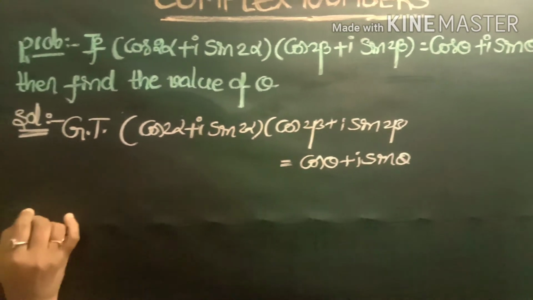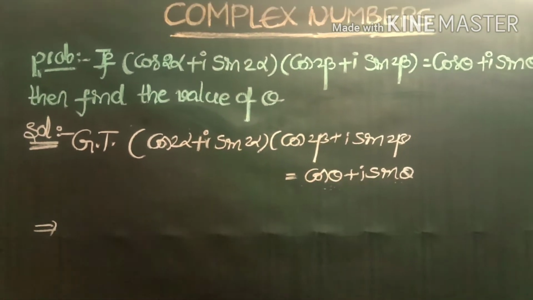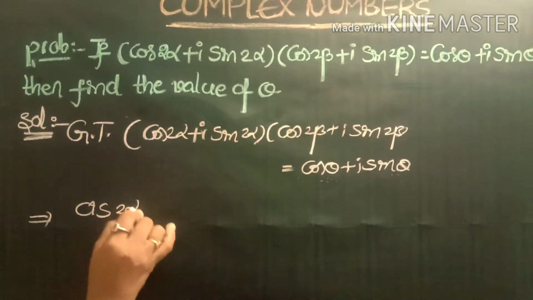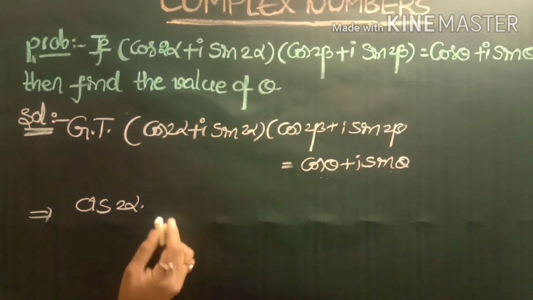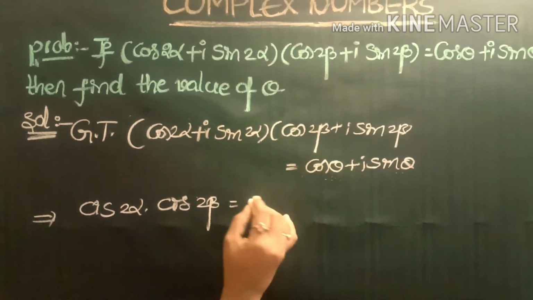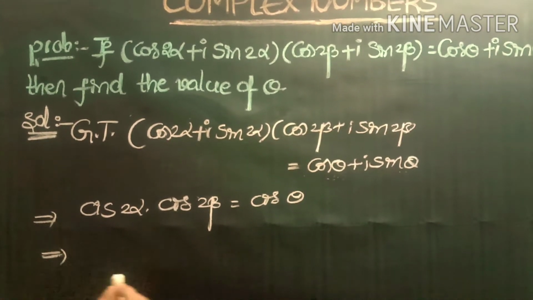And already we know that the formula for cos theta plus i sin theta is equal to cis theta. Now what is cos 2 alpha plus i sin 2 alpha? This is cis 2 alpha, into cos 2 beta plus i sin 2 beta is equals to cis 2 beta, is equals to cos theta plus i sin theta, means this is cis of theta, which implies,